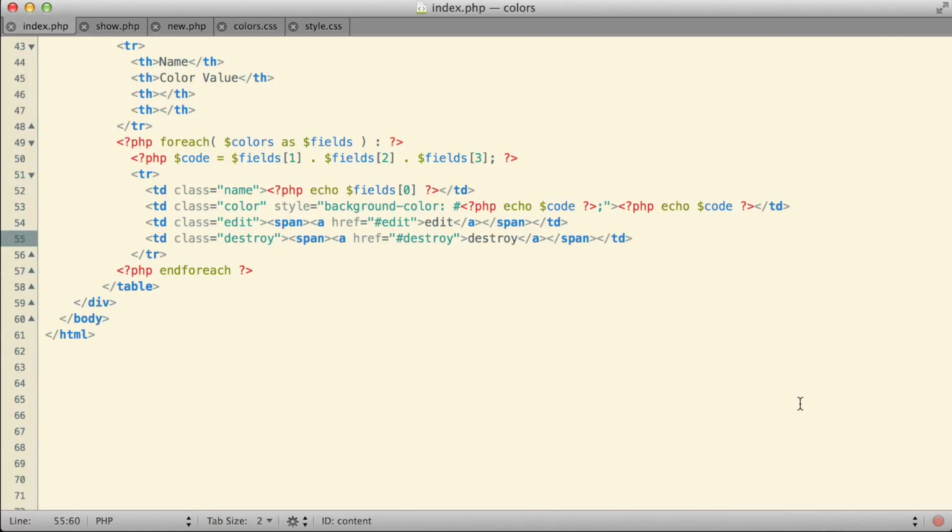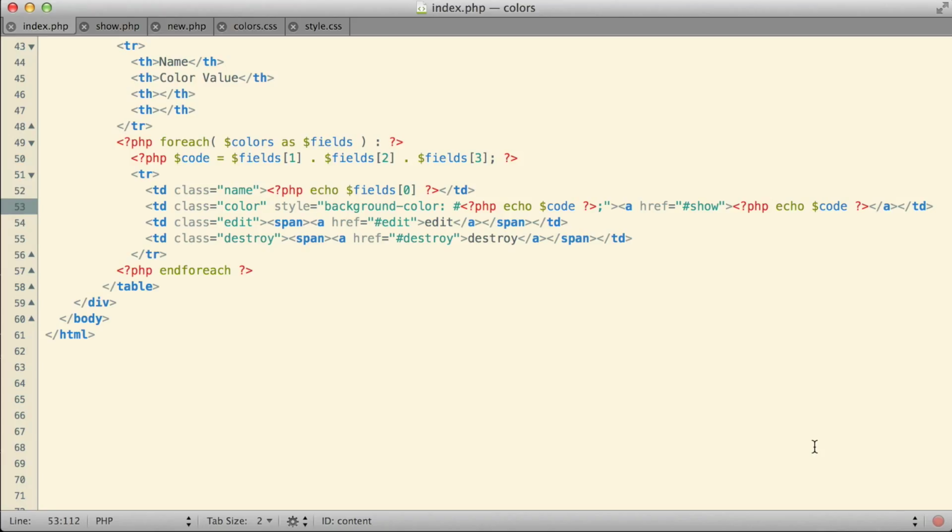All right, and one last hyperlink I want to throw in here, and that's the actual color code itself. Whenever the user clicks on the actual color code itself, I would like for that to be a hyperlink. So let me go ahead and set that one up again with a little temporary URL in there. I'll set it up essentially like that. So that will be the link where the user can click on the color, and that will take them to a page to more closely examine just that one individual color, sort of a detail page if you want to think of it that way.